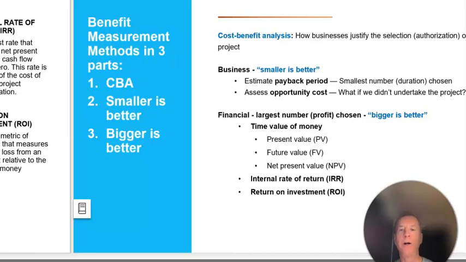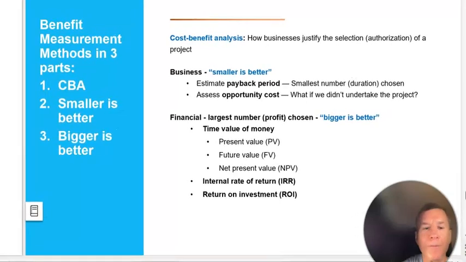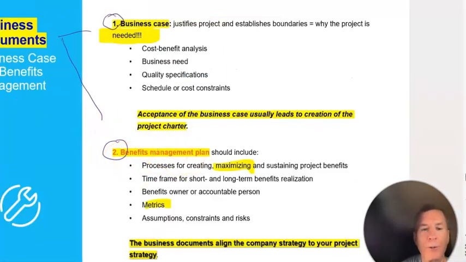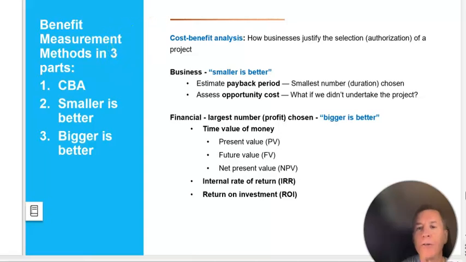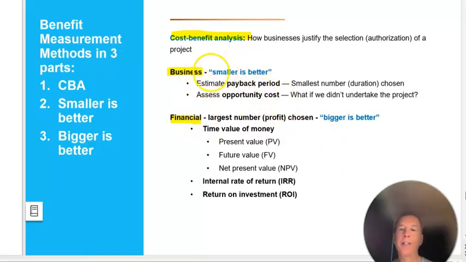So here we are. The benefits measurement methods can come in. So this, remember, part 2 of this was the benefits management plan. So in the benefits management plan, look for these 3 things. You want to look for cost benefit analysis. You want to look for some business benefits or some financial benefits. And all I want to say is these are self-explanatory, really, but you could write me and ask me further if you had any questions. But in this case, smaller is better, right? I want the payback period, the money the company gave me